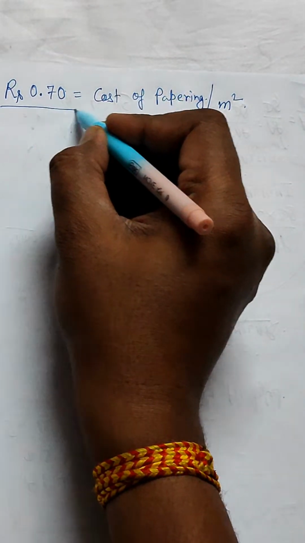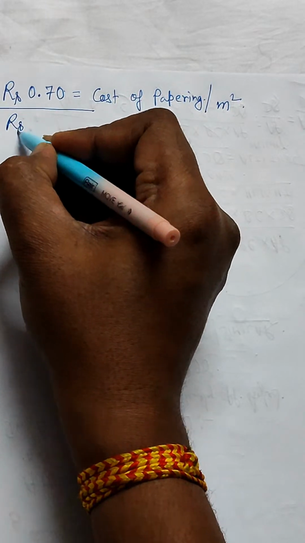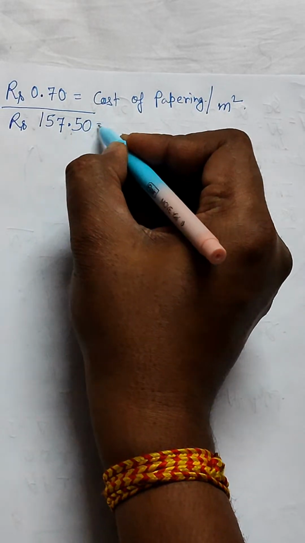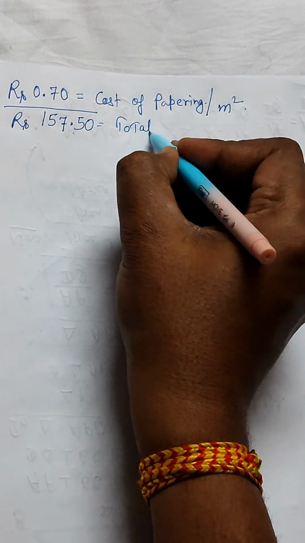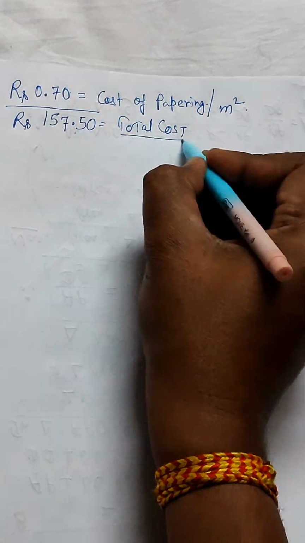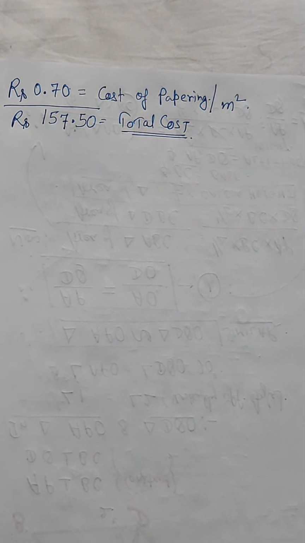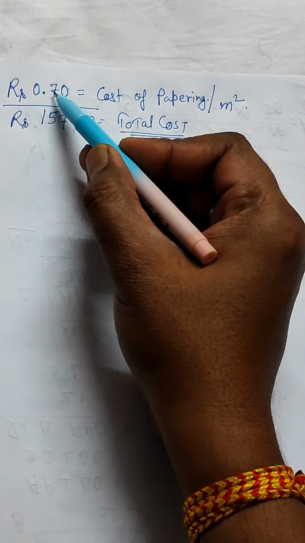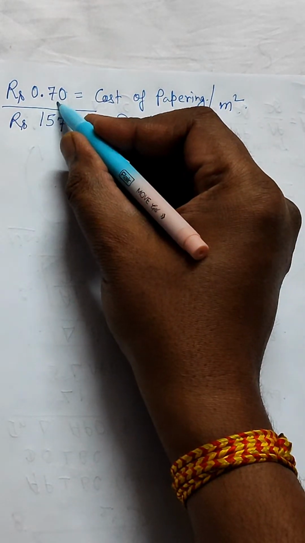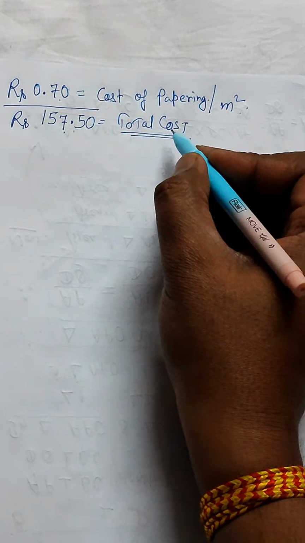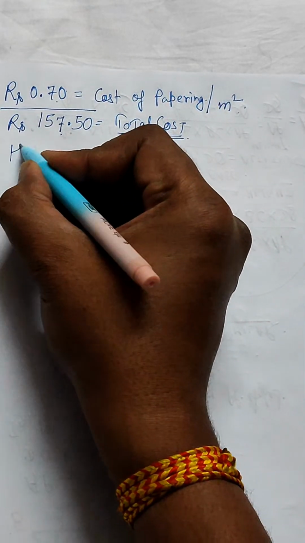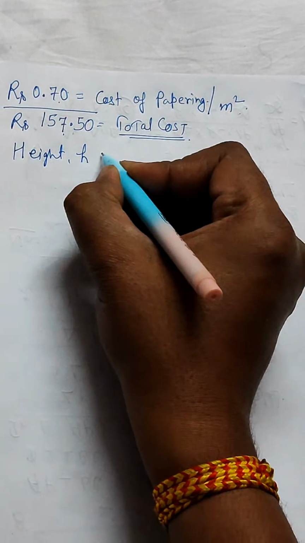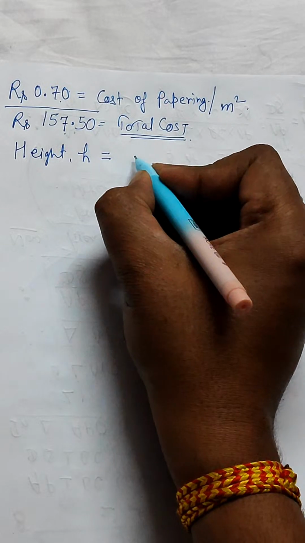The total cost is also given to you, that is rupees 157.50 is the total cost. So we can see this is the per unit cost per meter square. This is the rate, right? This is the rate and this is the total cost which is given to you. And the height of the room is given as 5 meters,